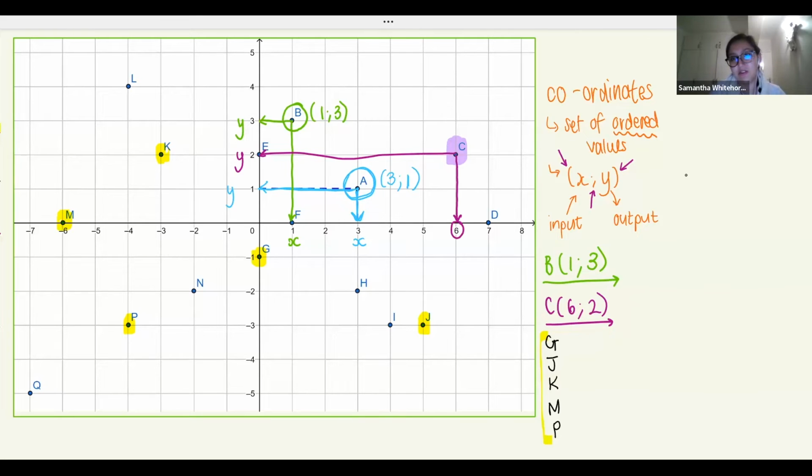Okay, grade 8s, I'm going to give you another minute, and then I'm going to want some answers. And don't stress, I will wait when we're done for you to take screenshots just in case you haven't gotten all of this down. And it also means that you then got some coordinates that you can go and practice